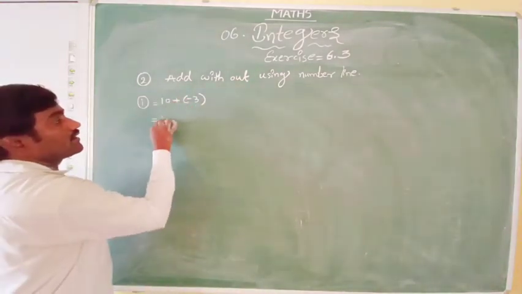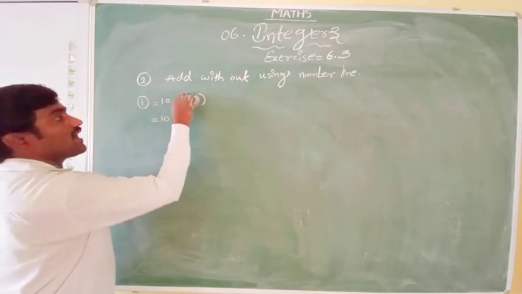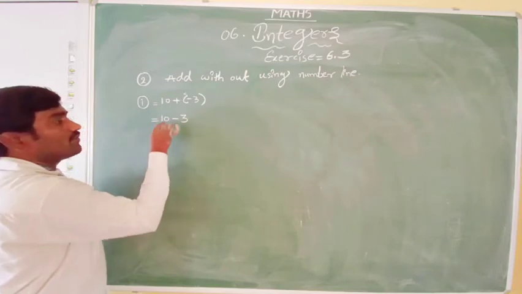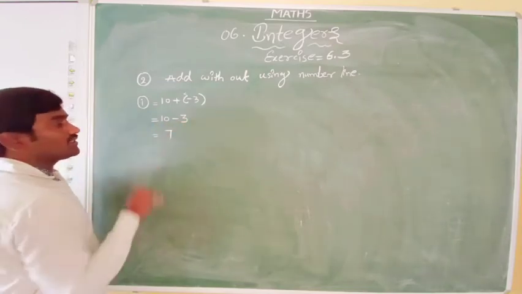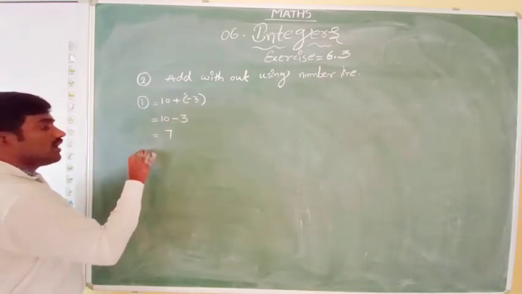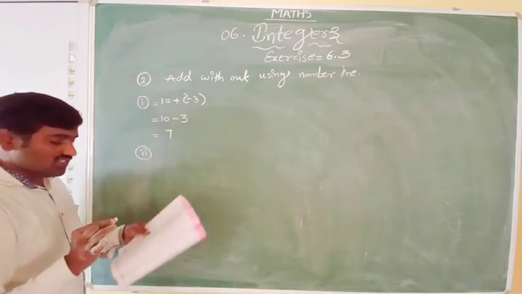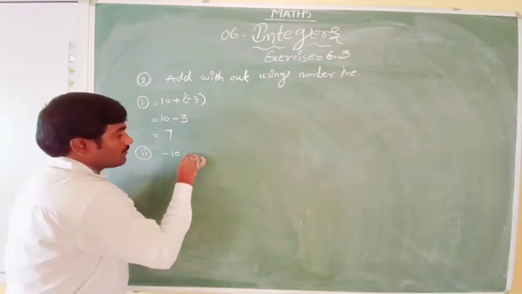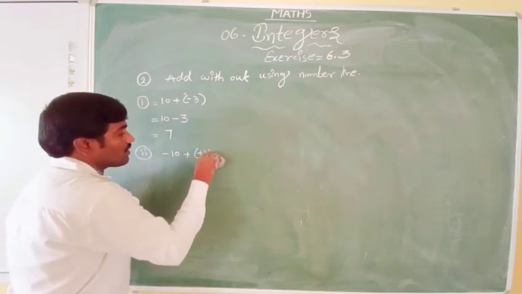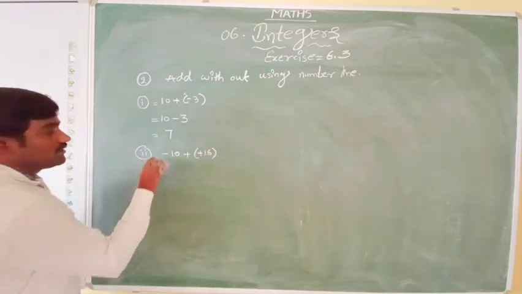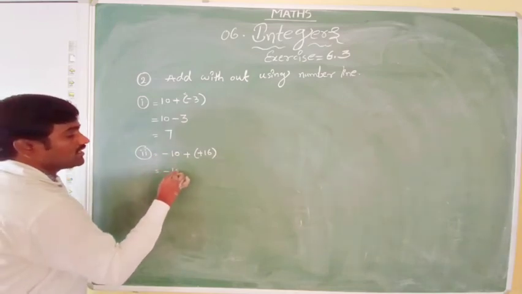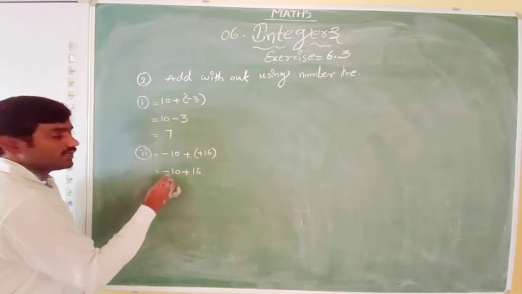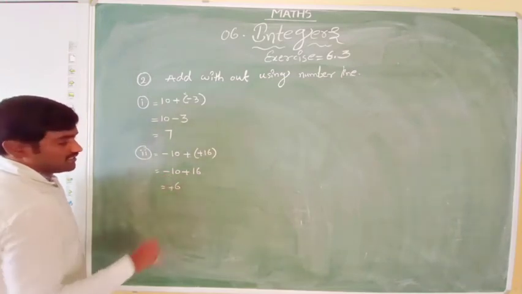Here 10, here plus, here bracket is 6 into, plus into minus is minus 3. As we know, from 10 we can subtract 3, no? We get 7. Without doing number line, I got it as 7. This is what is called simplification actually. Here next question, minus 10 plus of plus 16. So let me go for here, minus 10 plus into plus is plus 16. From 16 you subtract 10, it's possible, that is plus 6 or 6.